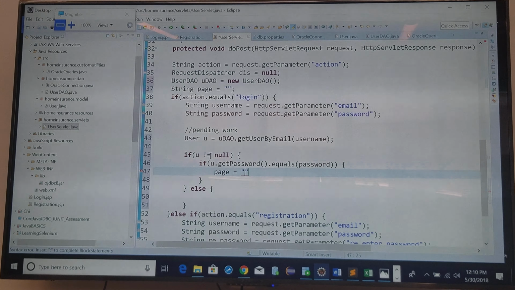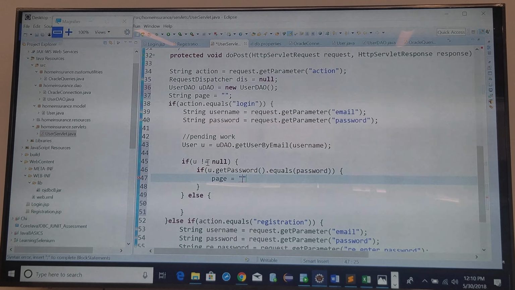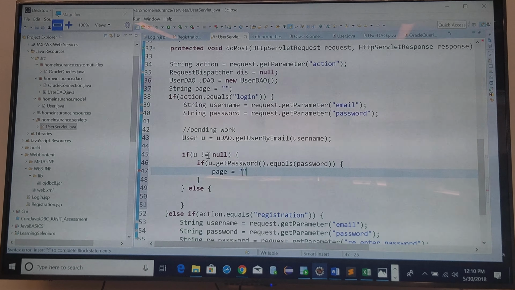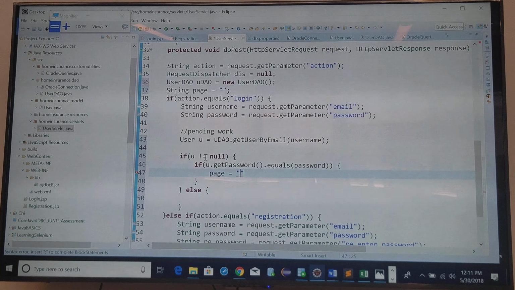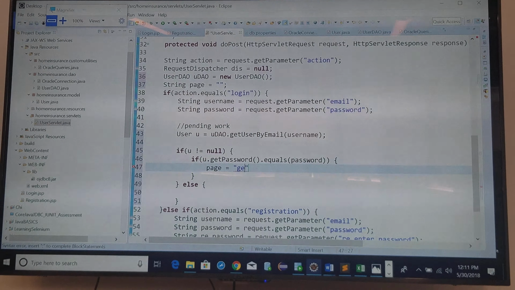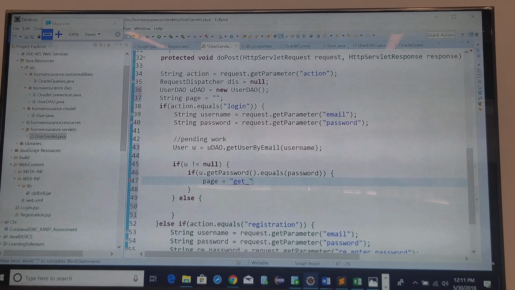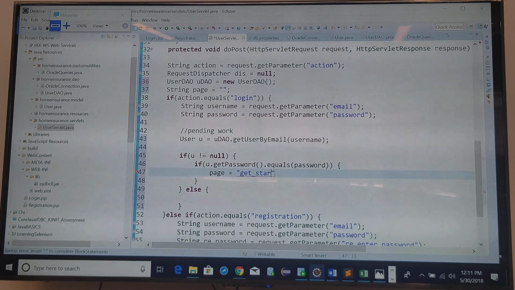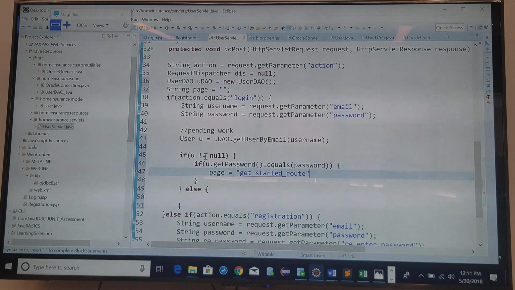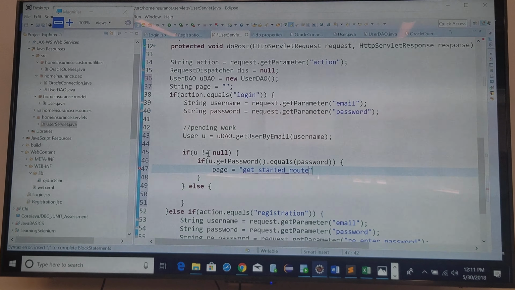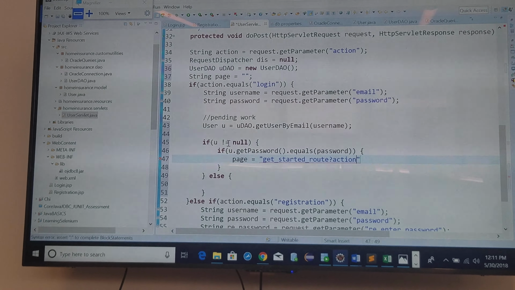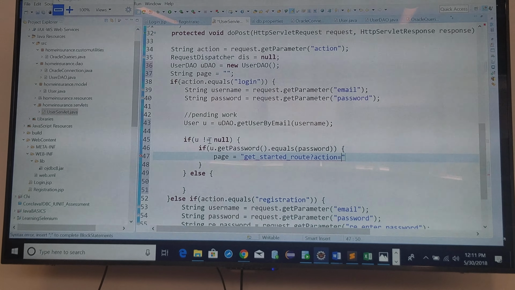So in here it will be the, how do you guys call that? Get started. Get started? Yeah. But no, the servlet. Is it for the home or? I'm gonna call it get started route. Get underscore started route. And I need to put a parameter action and set it equals to just